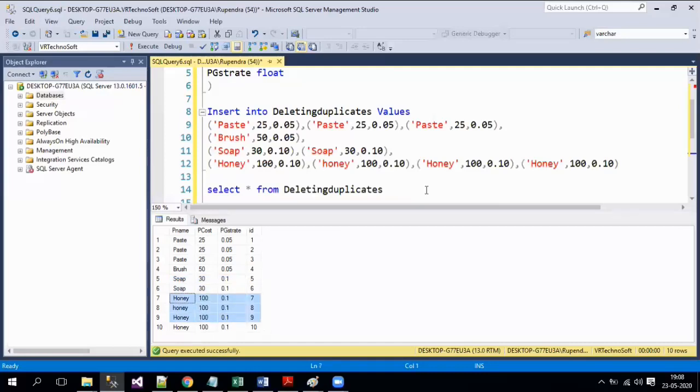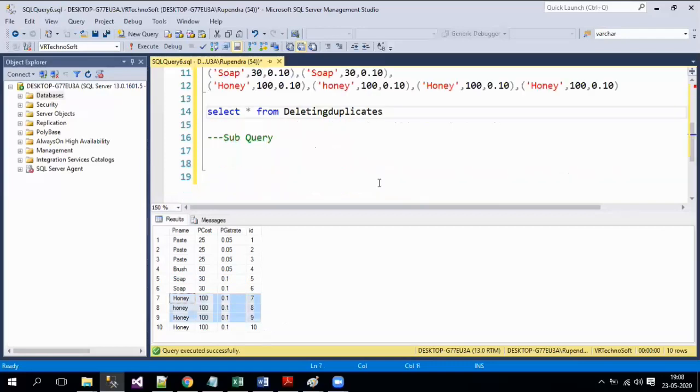So let's write the condition here. Either minimum or maximum, no problem, both we can apply. I can show you how this query will work. So select min of ID, I'll give ID as an alias column, from my table name.